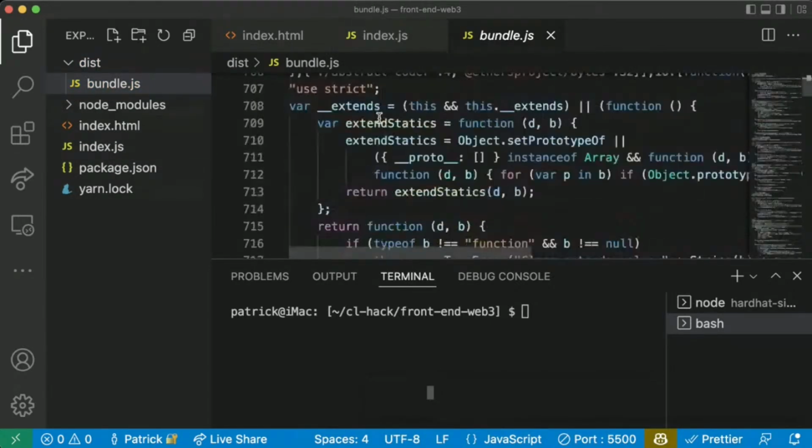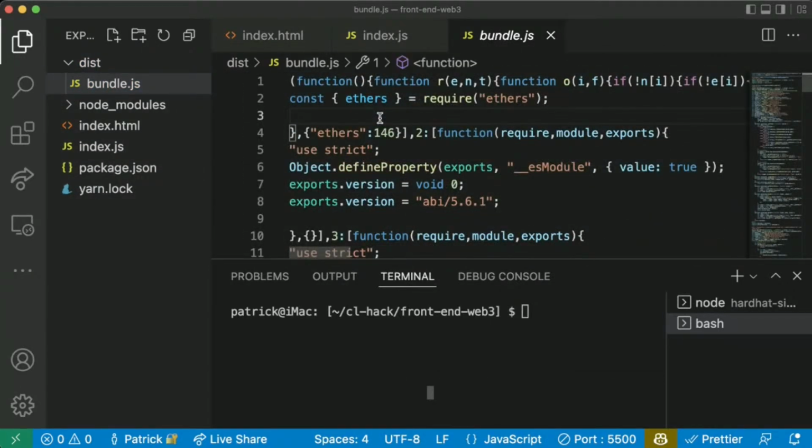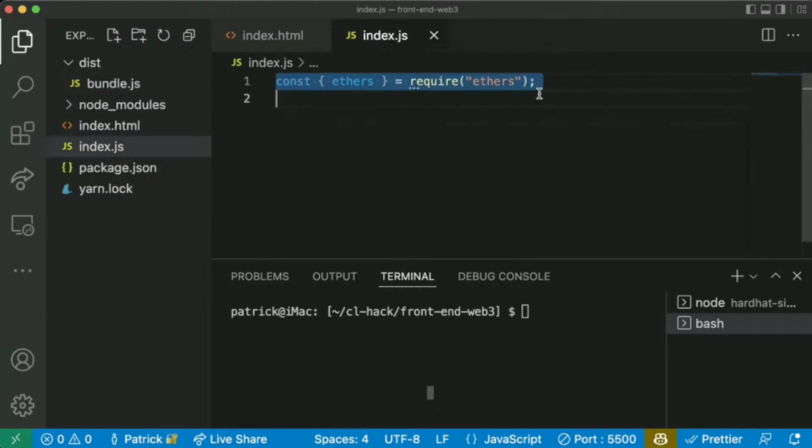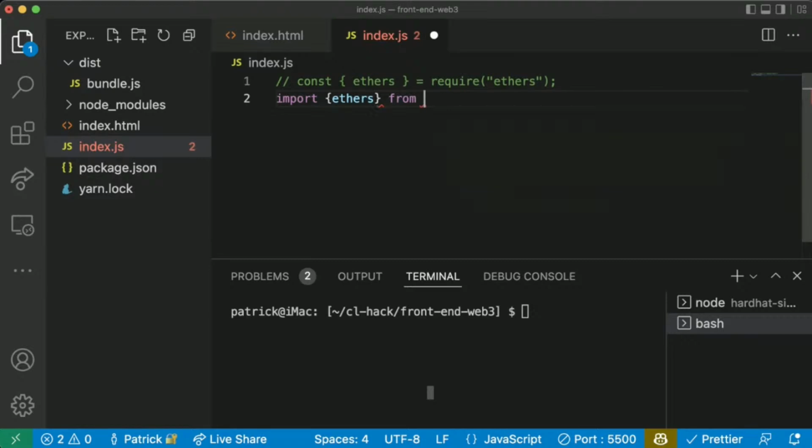Now in our bundle.js, let me show you what happens when we do import ethers from ethers. And then we'll do some ethers thing.